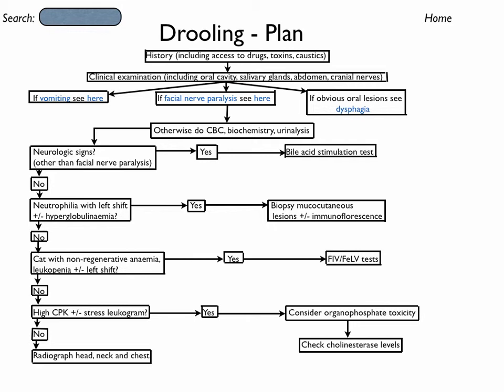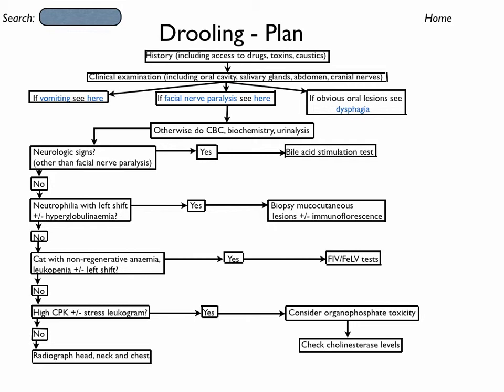And if the cat again had been vomiting, we would click on vomiting. If there was any facial nerve paralysis, we would click on that to give us a list of differentials for that particular sign. Or if there were obvious oral lesions, we would click on dysphagia, which would bring a separate list of differentials for that problem. In this case, the cat hasn't been vomiting, there's no facial nerve paralysis, and we can't see any obvious oral lesions. So we will go ahead and do a baseline